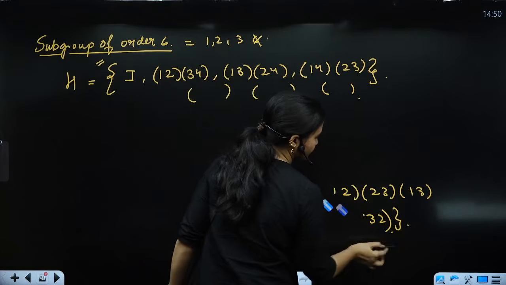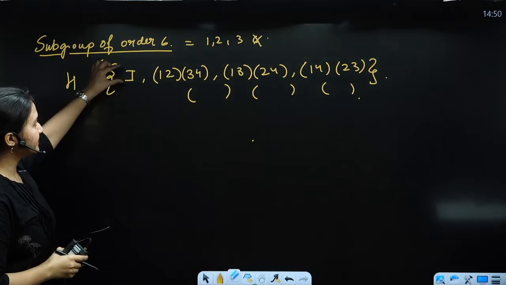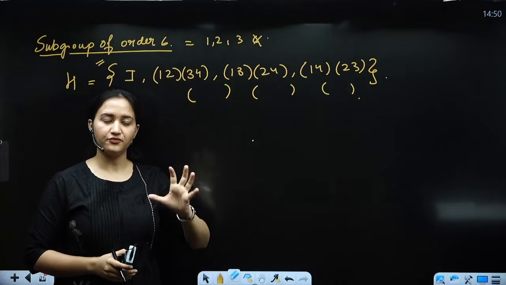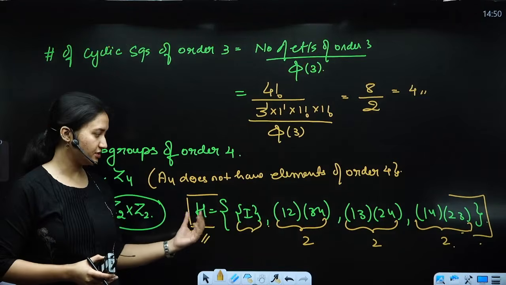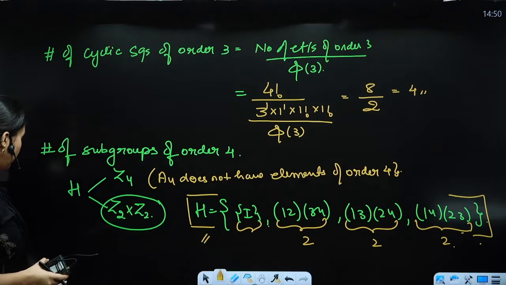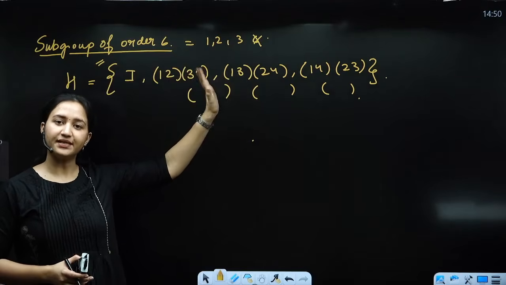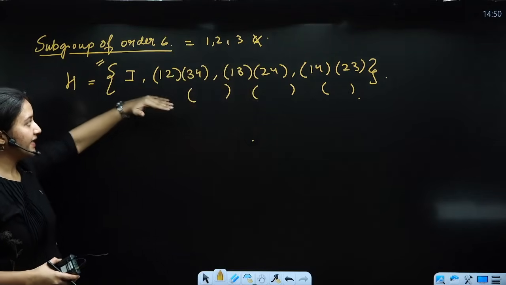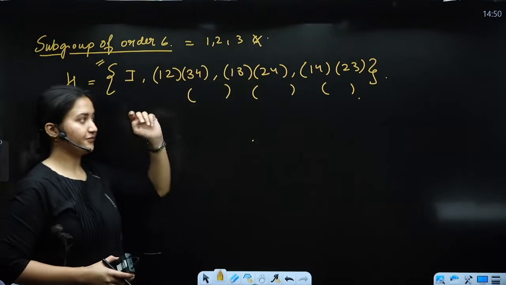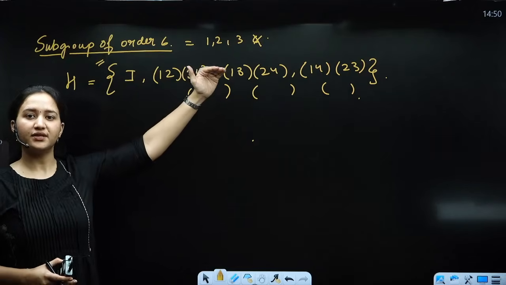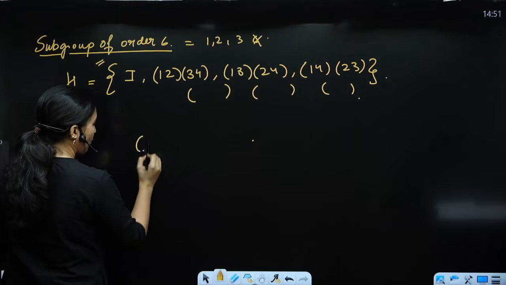Now see what will happen. Now we have already seen that the collection of these elements forms a subgroup of order 4. From where? From here. That it forms a subgroup of order 4 which is isomorphic to the Z2 group. Clear? Now, whatever collection of elements we take here, it is going to be a subset of A4, right? It has another subset which is in itself a group, right? If there exists a subgroup of order 6, then the order of that group